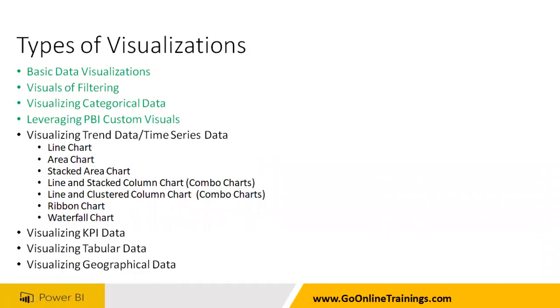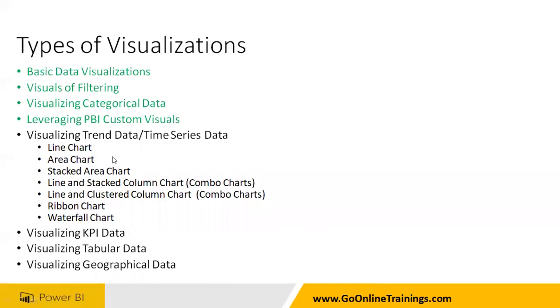Trend data or time series data: how the trend is going on for my product. So trend means definitely you need to have the time, right? Without a date and time, you will not be able to understand the trend data. So you have to use the date and time data. Date and time means year, quarter, semester, month, week, day. Whatever you want to have, you can have them here, so that you will be able to analyze